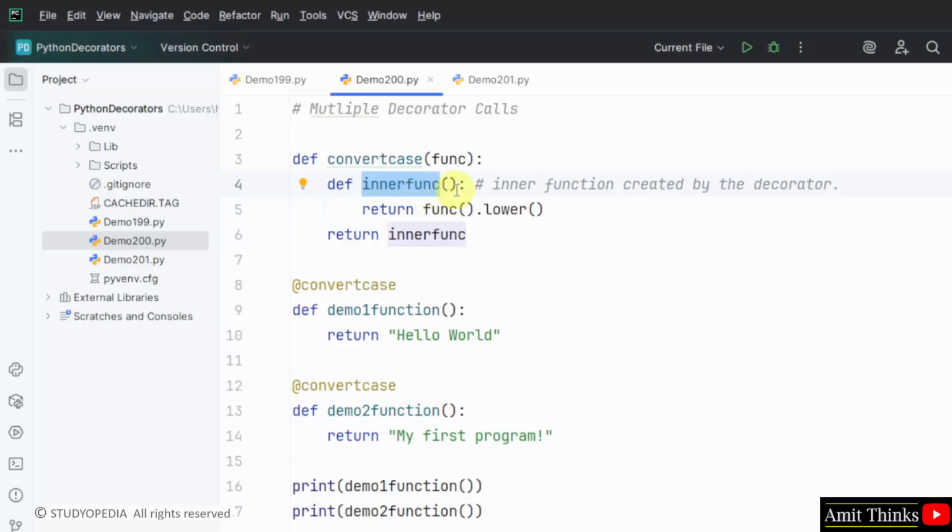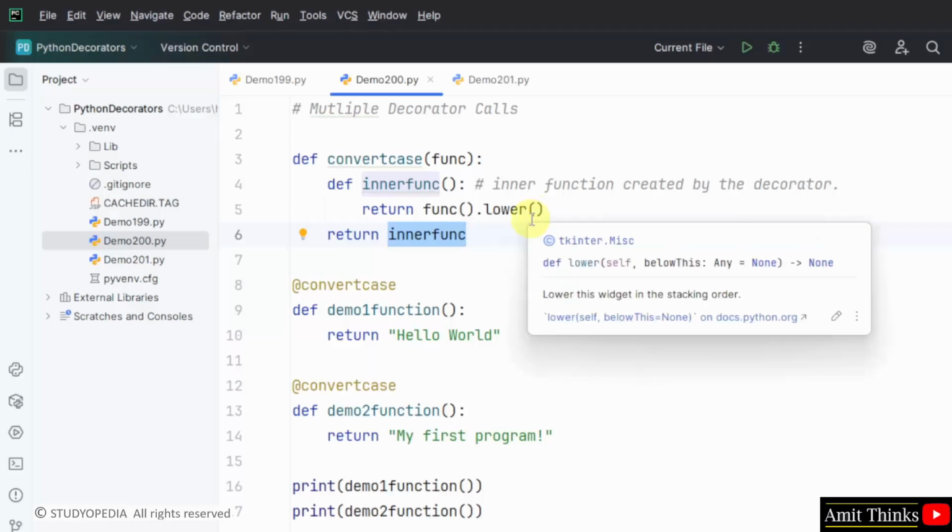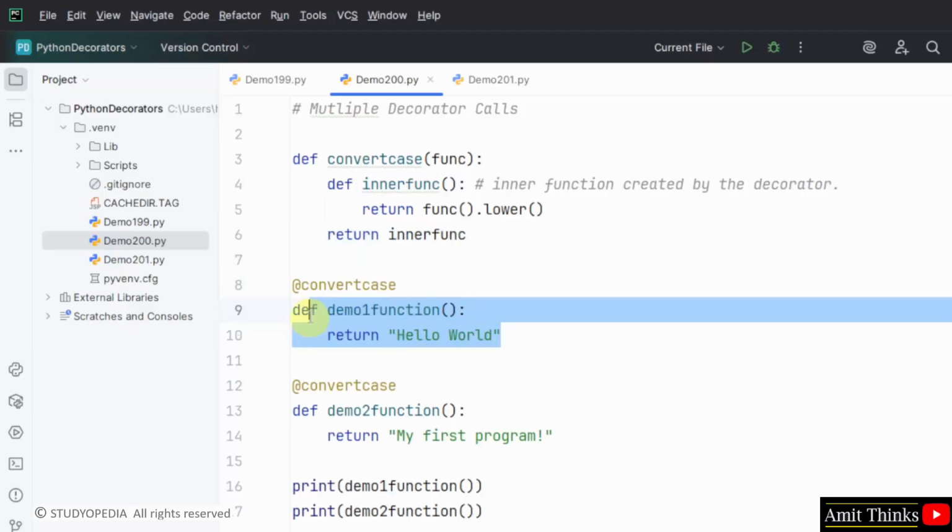This will call the original function func, so that it returns the value to lowercase using dot lower, and the return is here. Finally, convert case returns inner func. Okay, so the decorator essentially wraps the original function with extra behavior, that is lowercasing the result. Apply the decorator. So when you call the following, okay, it is equivalent to